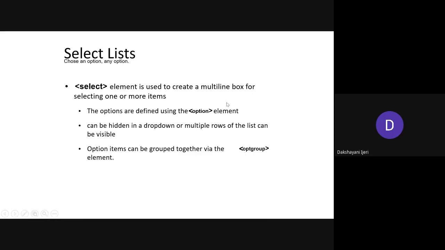I'll show you with an example how each of these elements is used, but right now just understand the different elements that you have to use in order to create multiple options in the form. The main element that you need to use is the select, under which these two elements are used in order to create the options. To simply create options, you can use the option element. Suppose you want to categorize the options into different groups, you can use optgroup as an element within the select element.